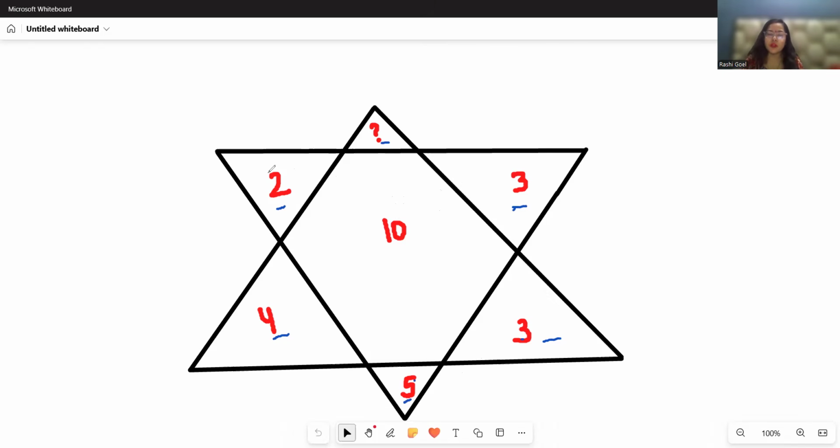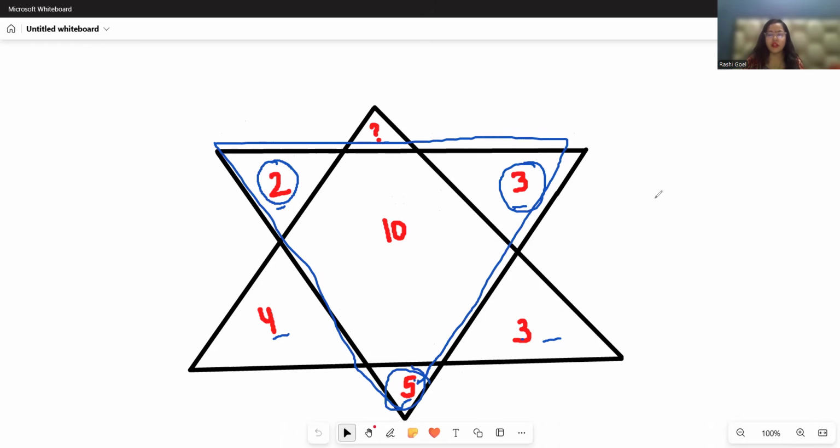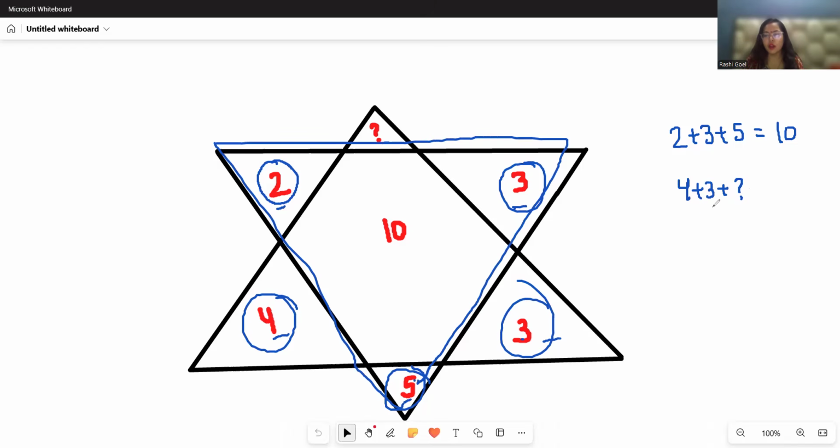Now the other approach is the sum of the triangles. So this is the first triangle. So here digits are 2, 3 and 5. If I do the addition of 2, 3 and 5, it gives us 10. And the left out triangle is 4, 3 and question mark. So 4 plus 3 plus question mark. So 4 plus 3 is 7 and the question mark is